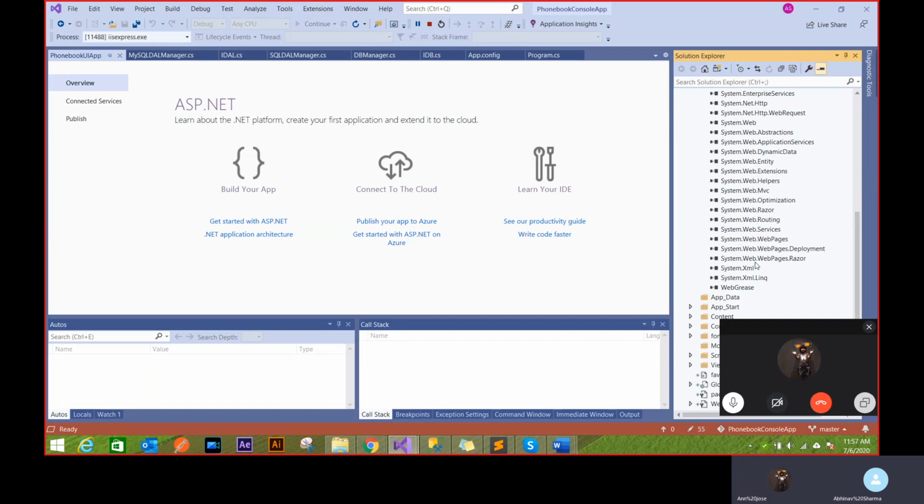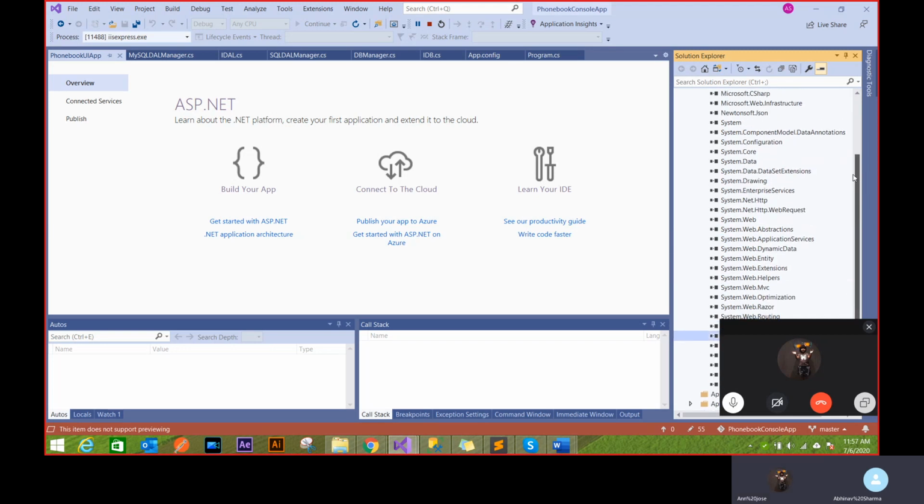System.Web, Web, Web, and so on. Because we are using routing, that's important. We will be using MVC components, that's important. Every other component is important, we'll be using the view, that's important. So all the things that are actually needed to make MVC work are already provided to you. That's a good part of using a template. If you don't use a template, then you have to manually add them in an empty project, so it'll be difficult for you to set up that application in one go.